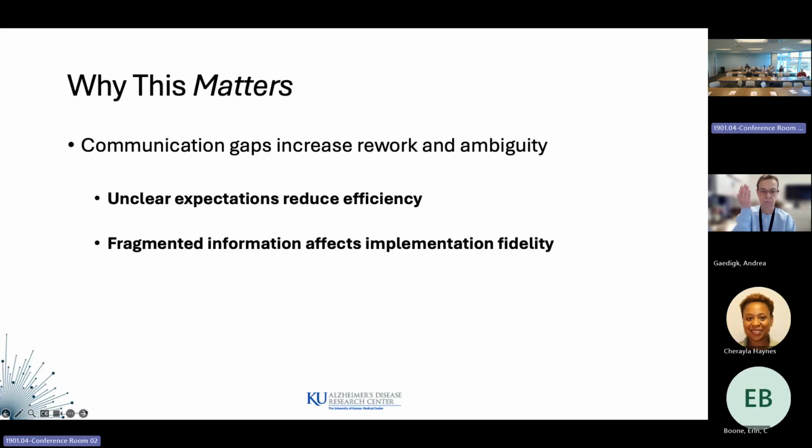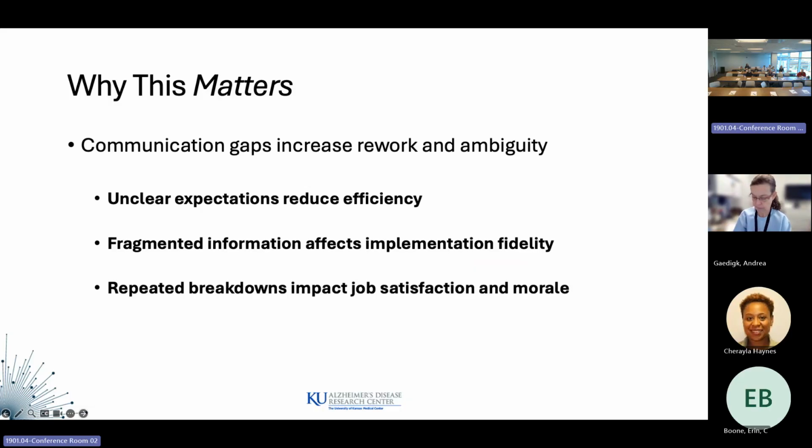There's fragmented information that affects implementation fidelity. This is really important when you think about how information flows, especially about study changes from top to bottom. You're going to have an executive meeting, and so the executives, the directors, are going to have that first line of information. But maybe 1 or 2 weeks might pass before I speak with the director in our one-on-one. She has to remember that information and hold it true for those 2 weeks and make sure that nothing gets translated in a way that I'm receiving inaccurate information. And that can then affect studies, all of the studies that we're working on.